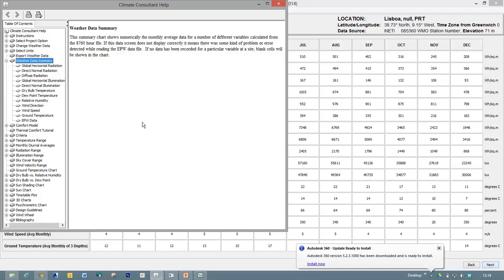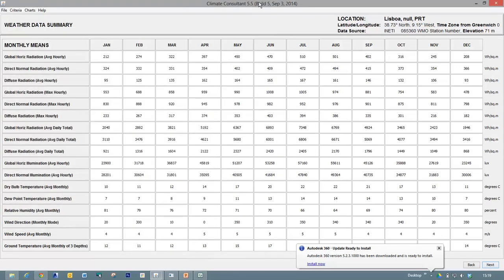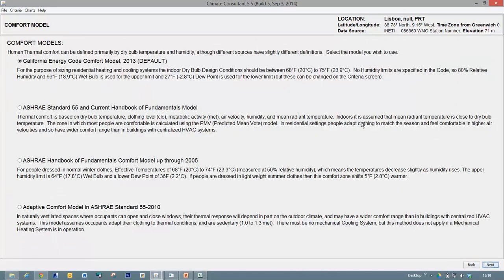So for example, here we're looking at the climate data. If I click on diffuse radiation, it gives us a little bit of explanation about what that is doing. So I'm just going to minimize the help file, and what we will do is we'll simply go next here,